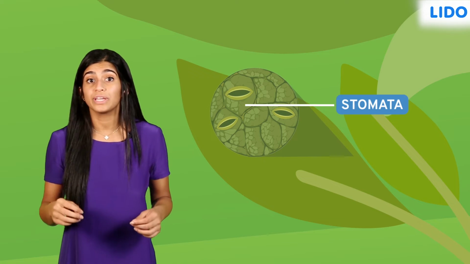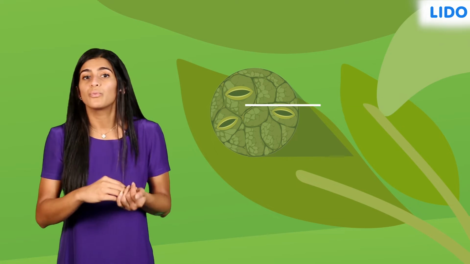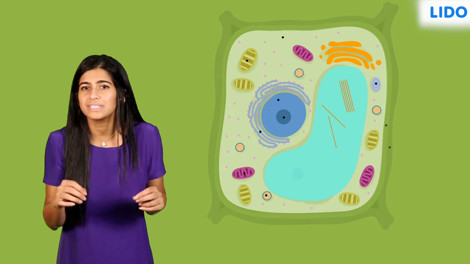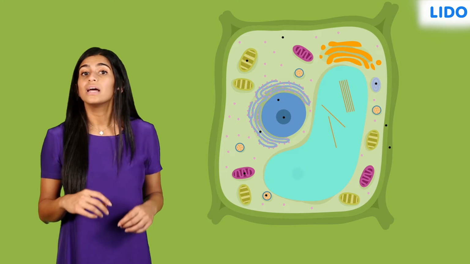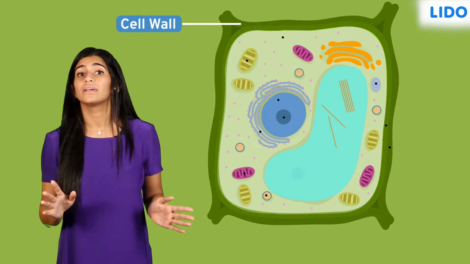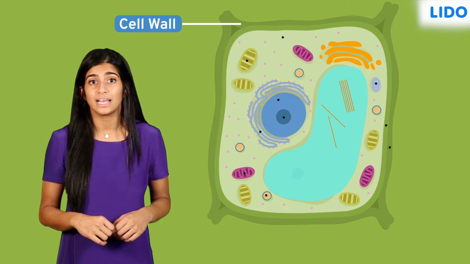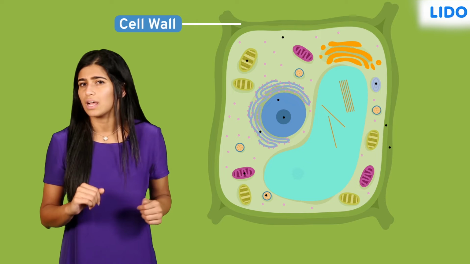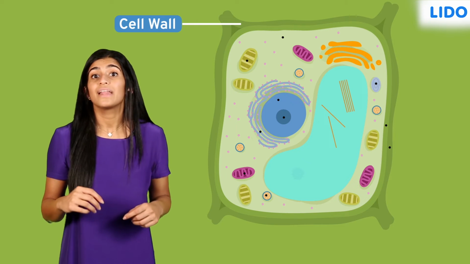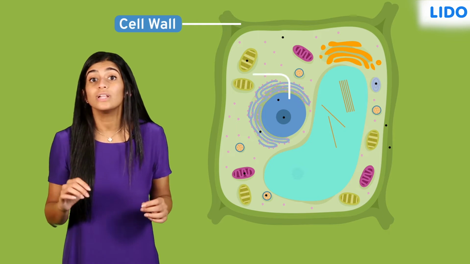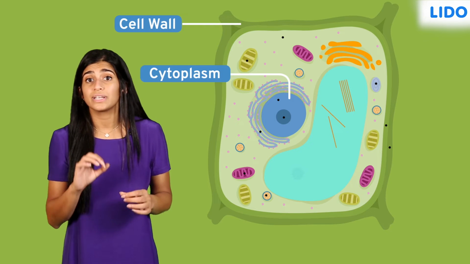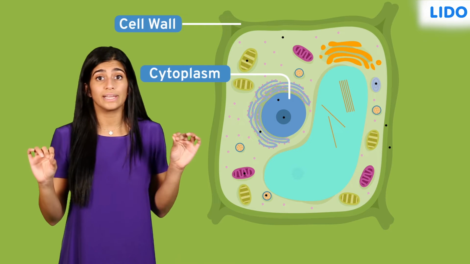Now that all the three components have reached the leaf, we zoom into an individual cell in the leaf. This cell has a thick wall around it, which is a characteristic of plant cells. Animal cells don't have a cell wall. Within this, there is a jelly-like substance called cytoplasm, in which there are several structures such as the nucleus floating